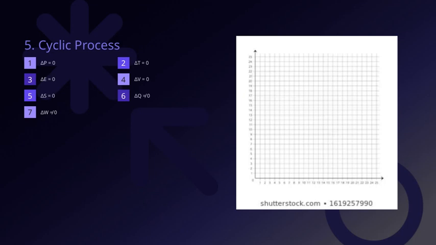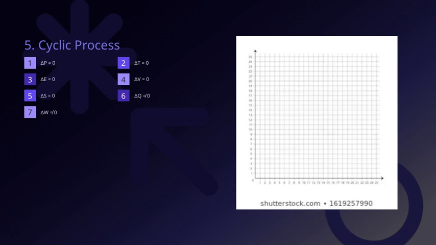Let's take a closer look at the key points of a cyclic process. First, note that delta Q, the change in heat, is not equal to zero, meaning heat exchange occurs during the cycle. However, delta V, the change in volume, is zero, so the process is carried out at constant volume. Moving on, delta T, the change in temperature, is zero as well, indicating that the temperature remains constant throughout the cycle. Next, we see that delta W, the work done, is not zero, which is a crucial point because work is being